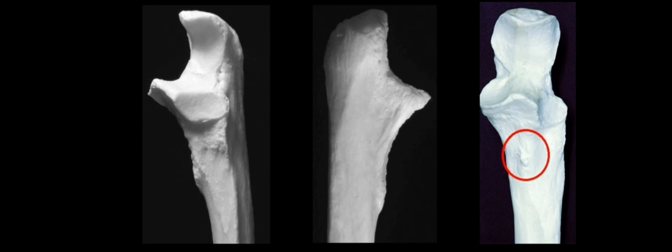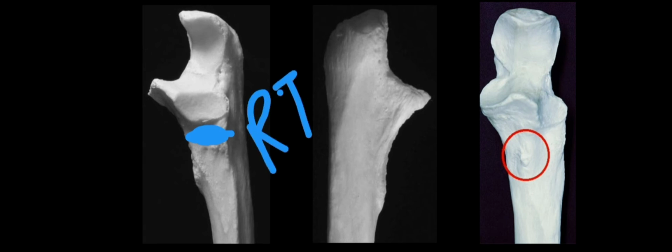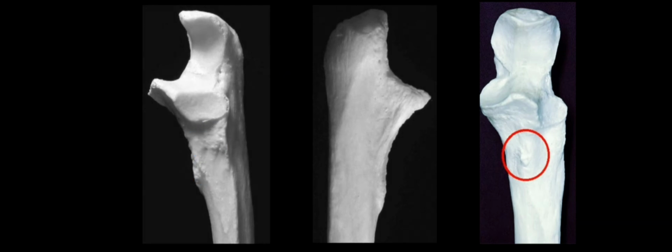And the lateral surface, here you can see the lateral surface. Superiorly it has the radial notch, and below the radial notch it has a fossa called the supinator fossa. It lodges the radial tuberosity. As we know, the radial tuberosity is present on the radius, and it is lodged here during supination and pronation. Next, below it has a crest called the supinator crest. Here will be the supinator crest. Both the fossa and the crest together give origin to the supinator muscle. That's all about the processes.